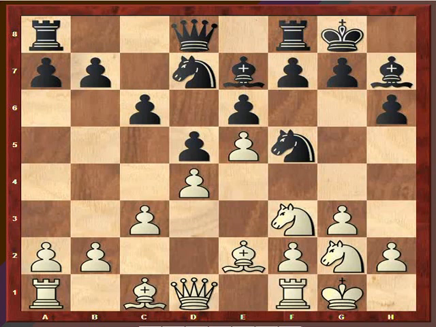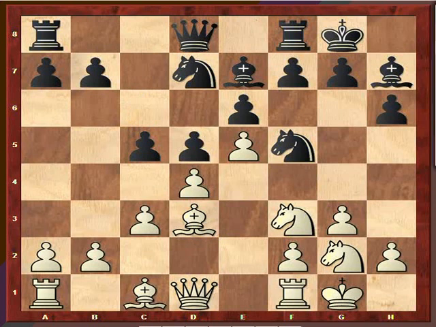black doesn't have a real active game. The queen must be on d8 because of the constant threat of g4. In general, white is enjoying his space advantage. Now after c5, bishop d3, coordinating his pieces. Now black plays c4. I think the idea of c4 is because there are some threats with g4 in the air